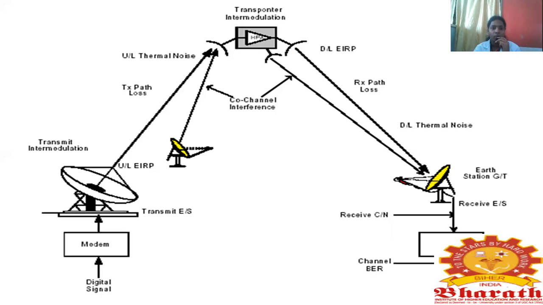While taking a look at this diagram, you can easily see that while transmitting from the base link to the satellite, thermal noise is included. This thermal noise is included when you send the information signal from the base station to the satellite. And when you send the signal back from the satellite to the base station, the thermal noise is eliminated, right?